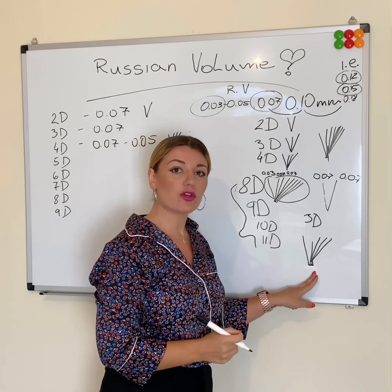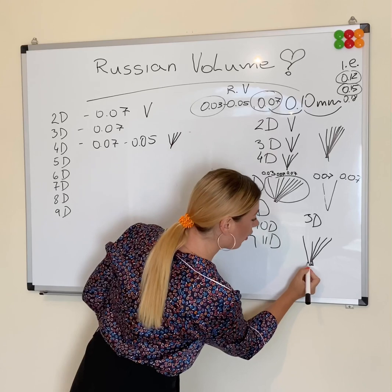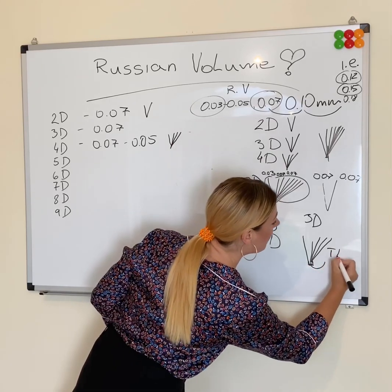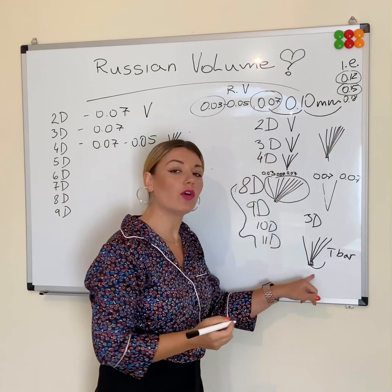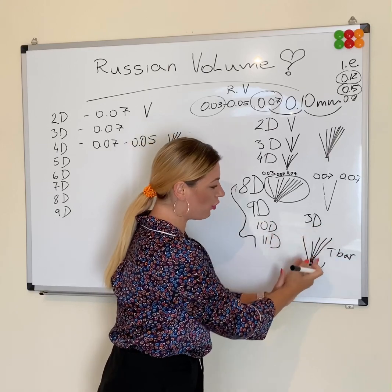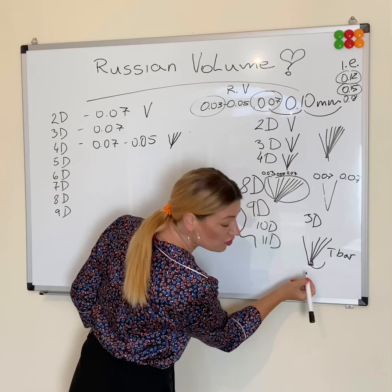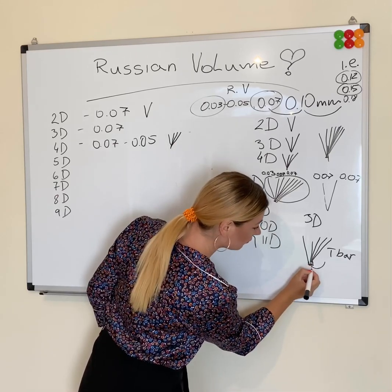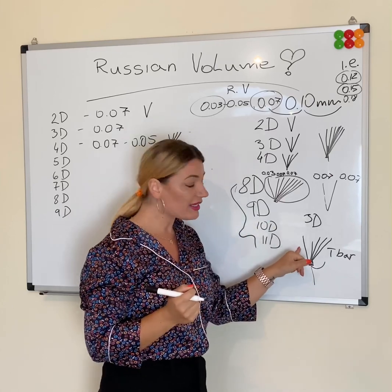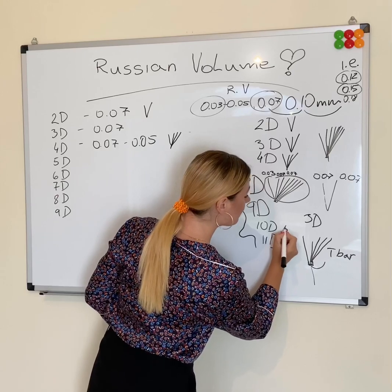So that's gonna give you T-bar. Do you remember I was showing you a picture on the Instagram all about the T-bar? So this is a T-bar, and we don't want that. We don't want the base to be thick. The base of that fan should be nice and thin, because if you put that fragile lash, very thin lash, and you've got that thick base, these fans, 5D,